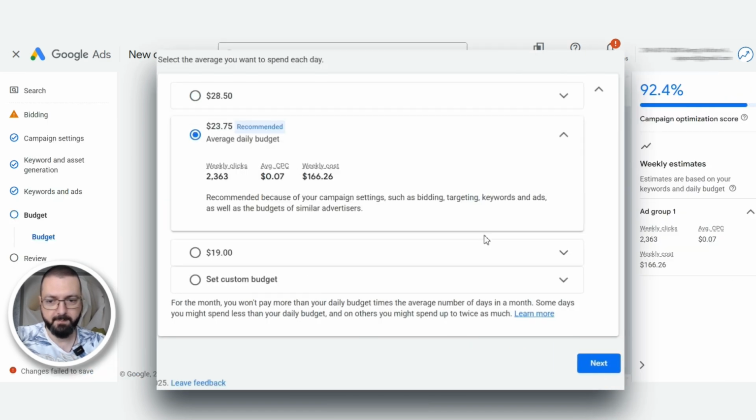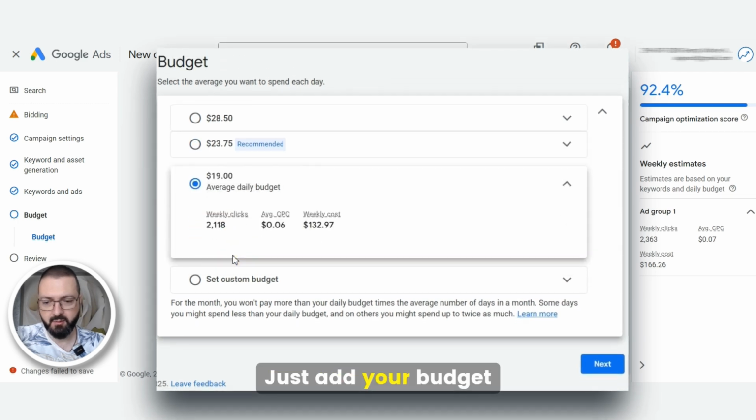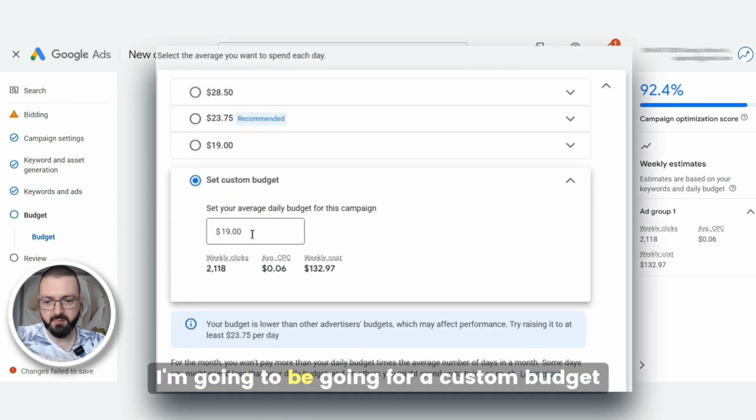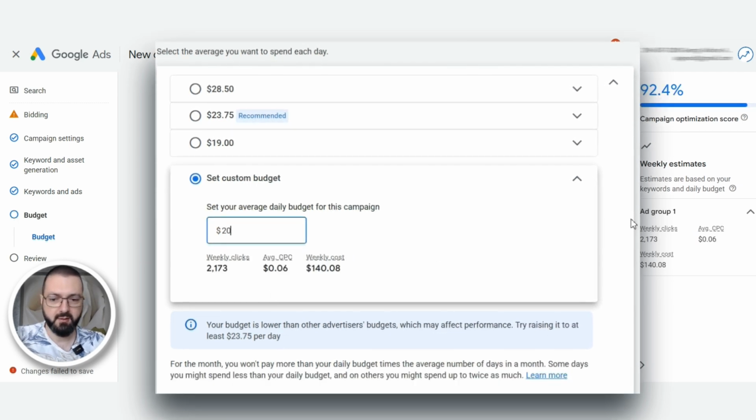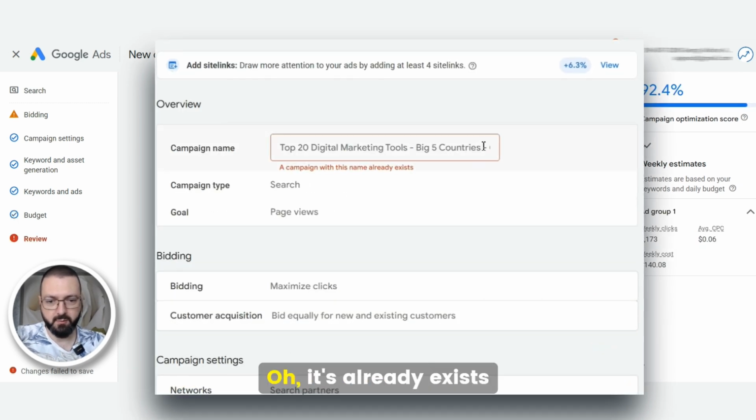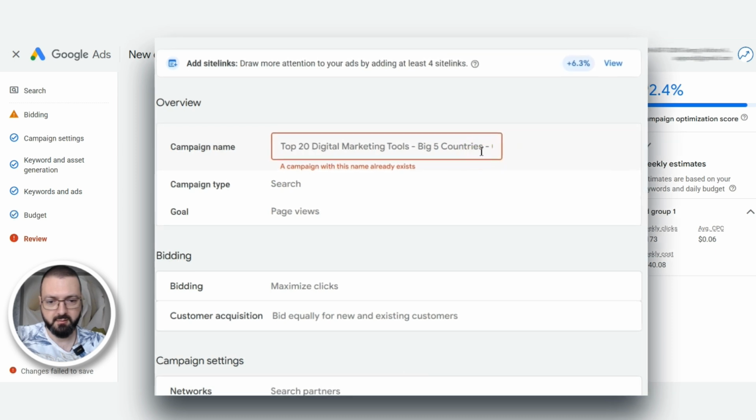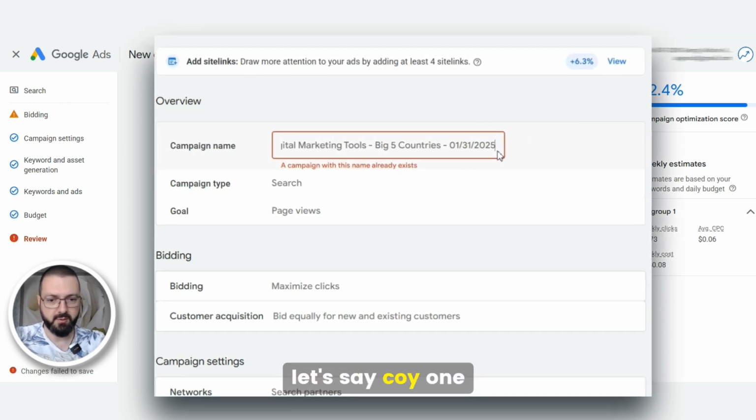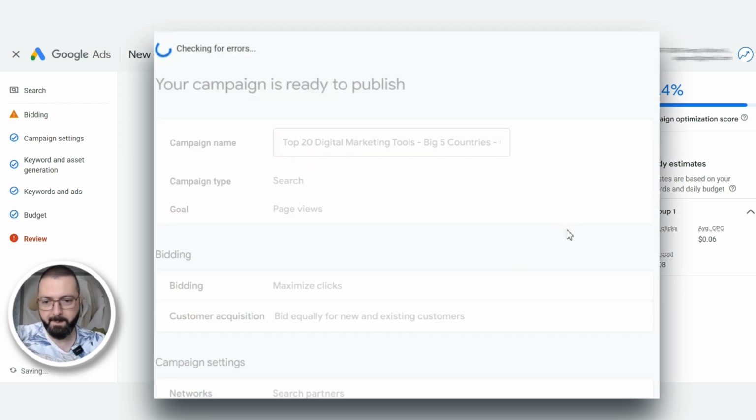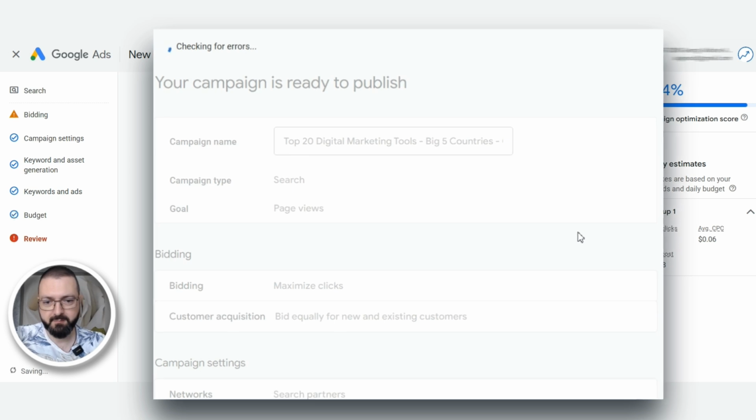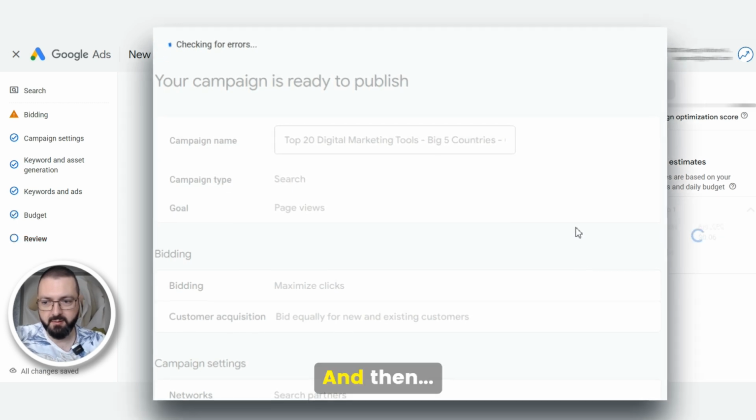Click next. Just add your budget. I'm gonna be going for a custom budget. I think $20 a day is perfect for this campaign. It's really up to you. Then click next. Oh, it already exists. Okay. So I'm gonna create, let's say, copy one or copy. All right. That's absolutely fine. The name, and then